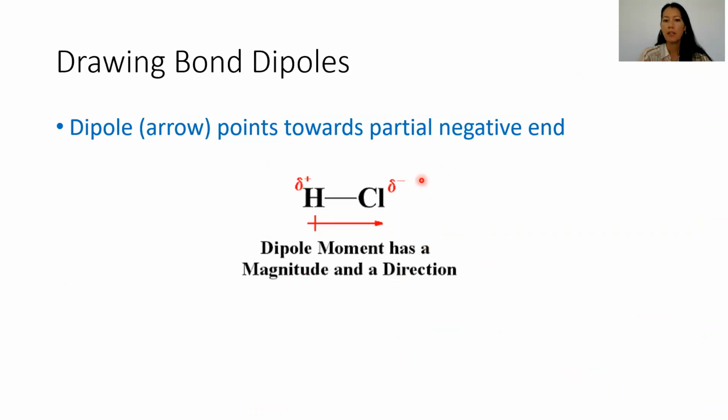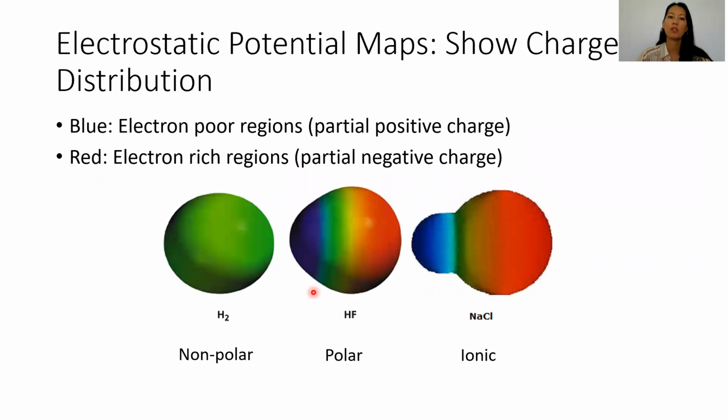You'll need to get a sense for whether molecules have a dipole moment. So there's also a net dipole for a whole molecule. A dipole is shown using an arrow towards the more electronegative atom, and that's the partial negative end given delta negative, and then the barbed end or plus end of the arrow is towards the more partial positive, H in this example. So there's a real magnitude and direction to these dipoles,